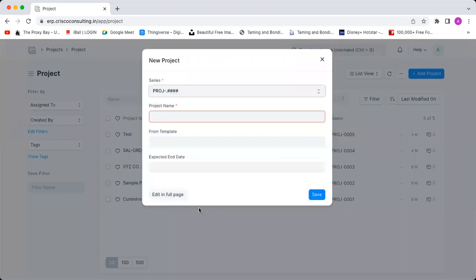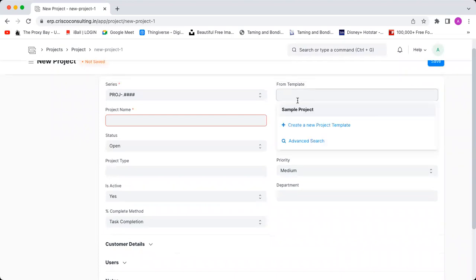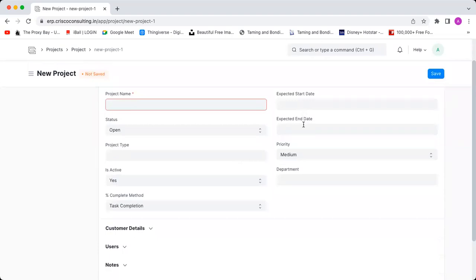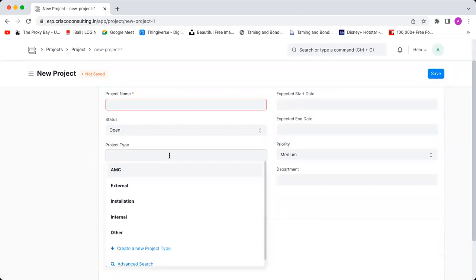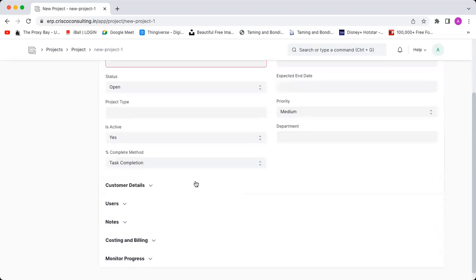We have added a new project. In the new project, you can give it a name. The template that we saw, once you select it, it populates the tasks, expected start and end date, the type of project. It gives you the drop down from the project type doc type, priority of the project,